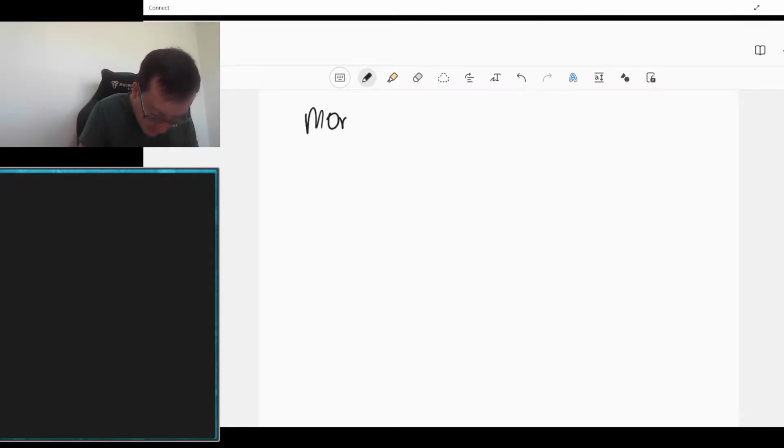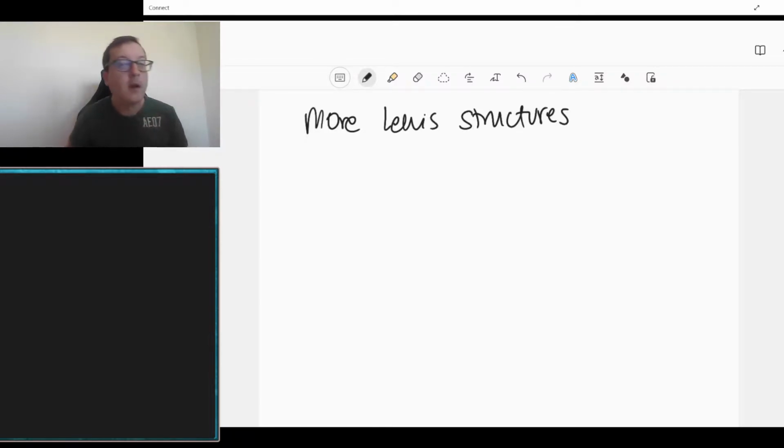Let's do more Lewis structures. We're going to start with just a couple more examples today of doing some Lewis structures using both methods, and then we'll start talking about delta H, which has never left us. We'll have a little bit of that going on, and we can also then talk a little bit about what's actually happening in the bonds and some polarity information there. So we're going to talk about both of those today